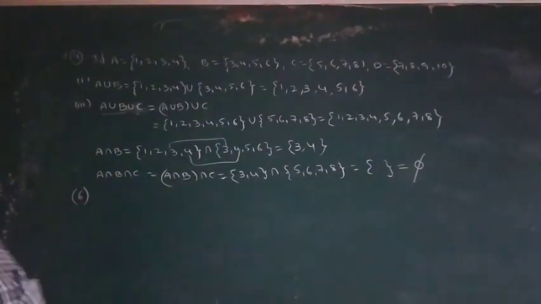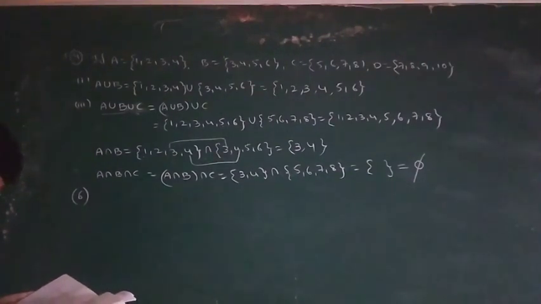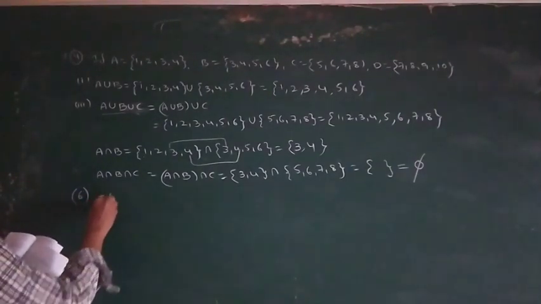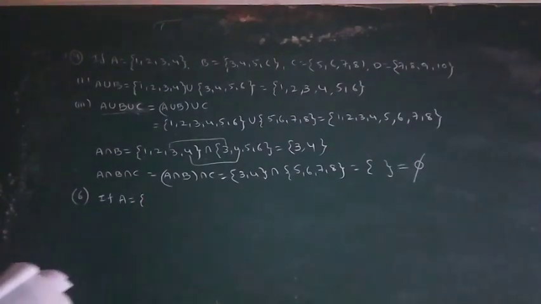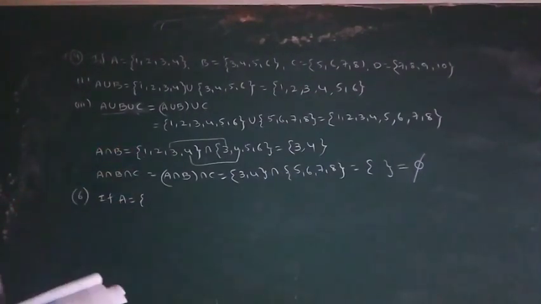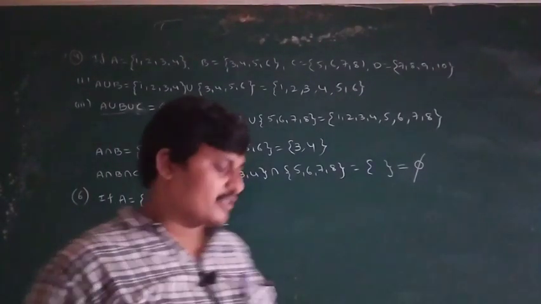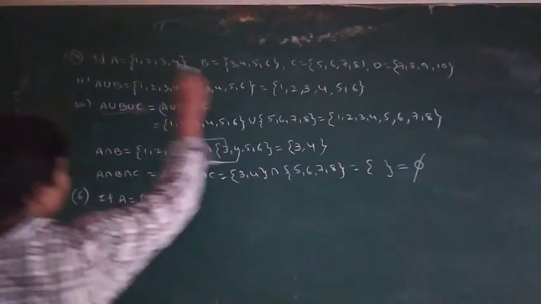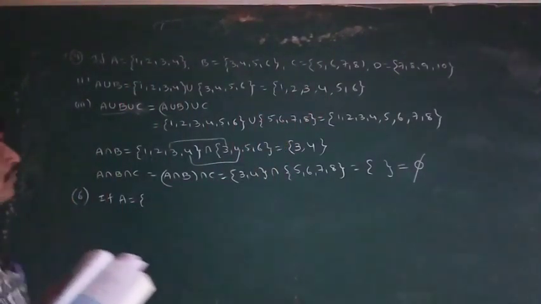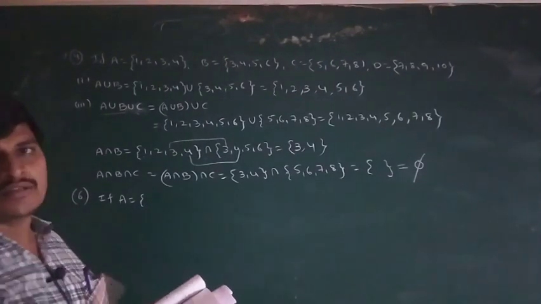Next, sixth problem. In the fourth problem I did only 2 problems, the remaining are homework. The remaining A intersection, A union B, B union C are homework, you have to do them. So what is the meaning of the fifth problem? Same data. In the fourth problem all the operations are union.